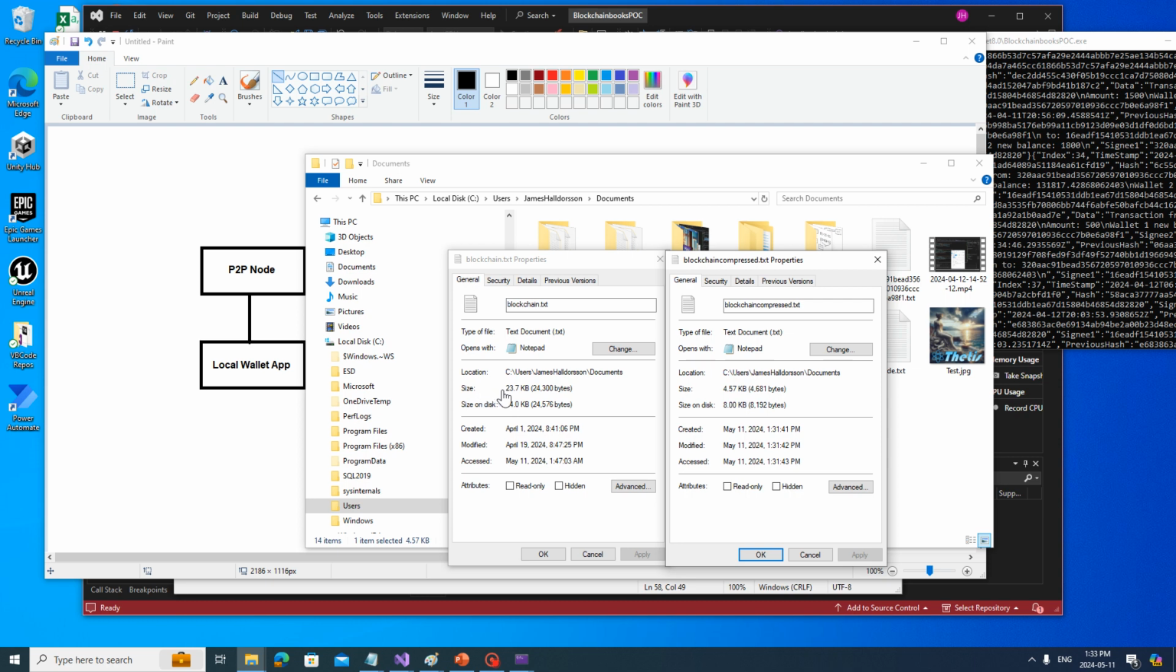The size of this one is 23.7 kilobytes. And the size of this is 4.57 kilobytes. It takes up 24 on the disk because there's extra room for parity bits and stuff like that. Here it's 8, so there's actually 4 kilobytes worth of parity bits and stuff to say, hey, if this bit goes wrong, flip the next bit, blah, blah, blah,